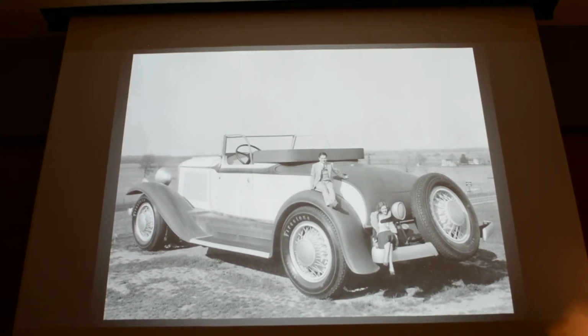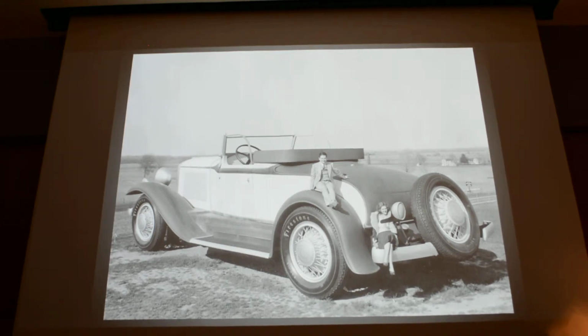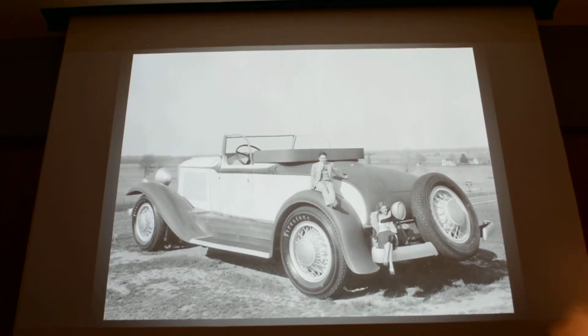And when I say replica, they went to exacting, exhausting details to make sure this was identical to the production model. The production car had 36 louvers on the hood. This model has 36 louvers. The same number of spokes were used. Everything down to the detail, the little ridges in the running board, or in the splash aprons here. This detail was only found on the President's model. It was replicated